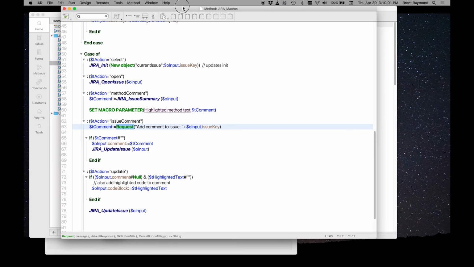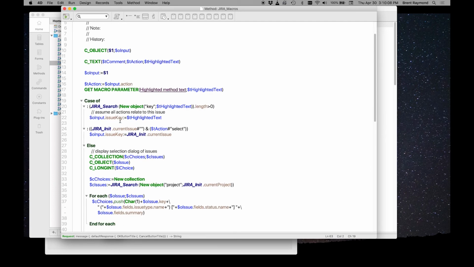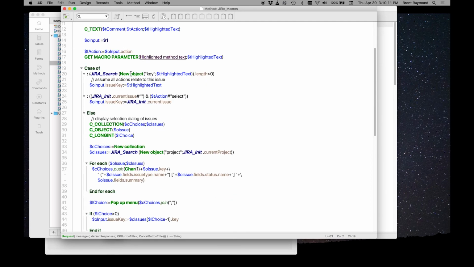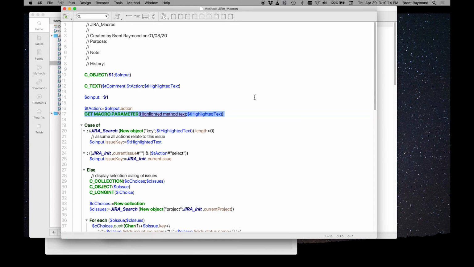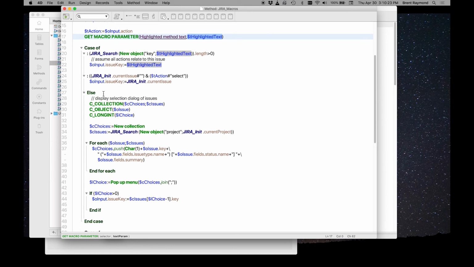You can imagine that it's kicking out cases to each of the different actions. Now, the first part is the macro parameter, getting the highlighted text of whatever you had highlighted in the method, which is handy in some cases, not always. This part is looking to say, do you have an issue key selected? It does a search on the key as a first step to every macro to say, am I working on the current issue as it's set in storage,